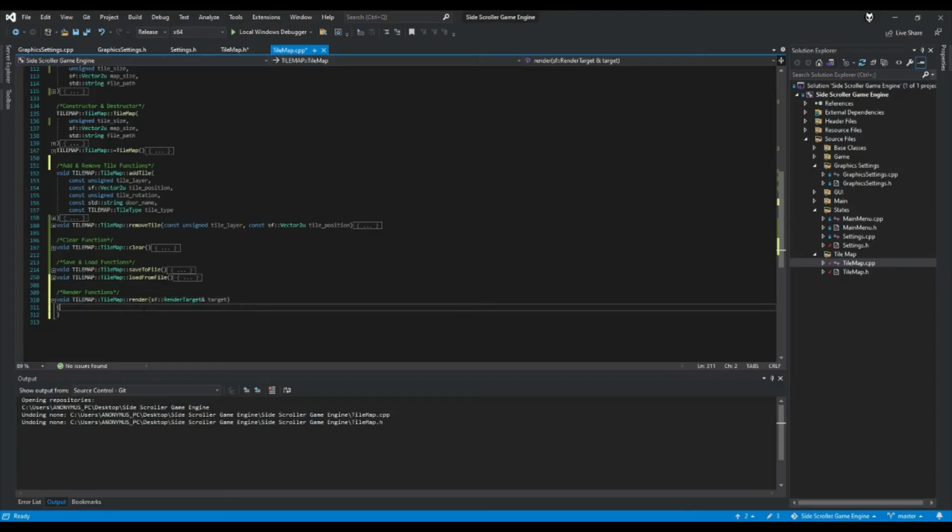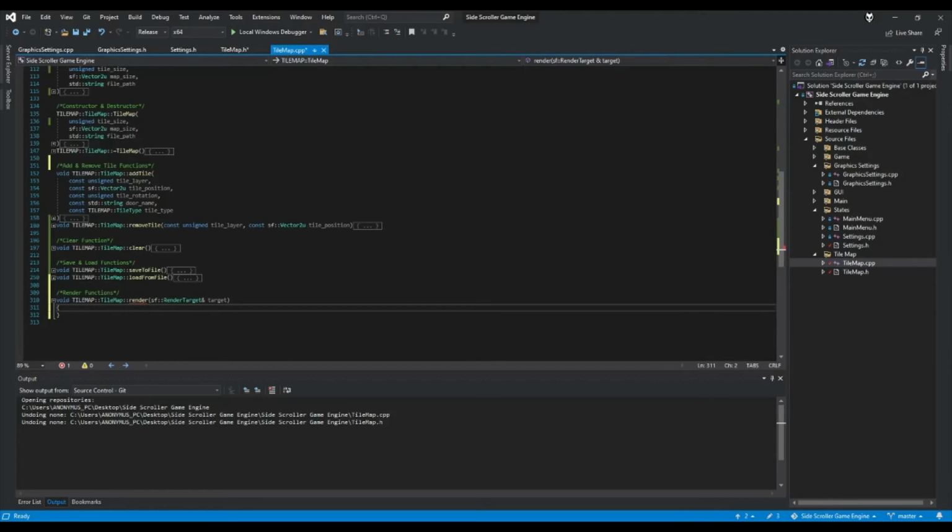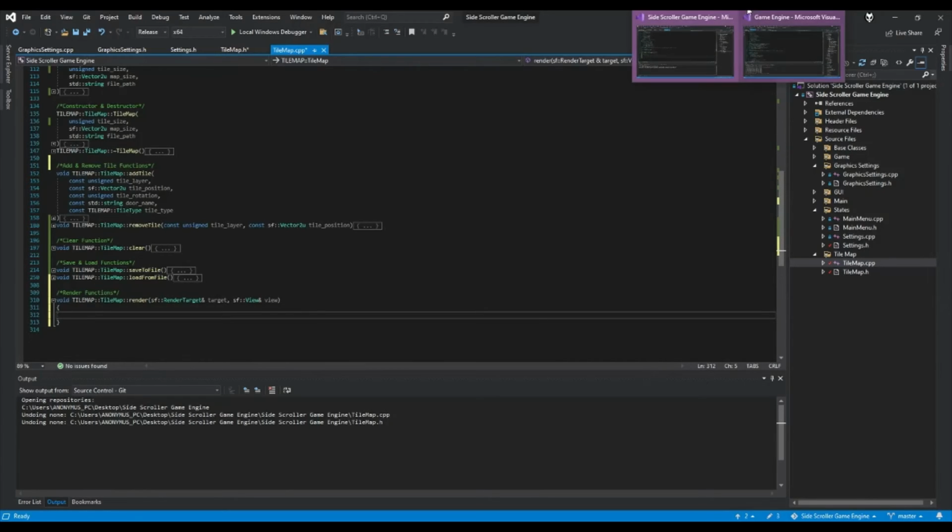Right, so in this render function here, in addition to the target, we'll need an SF view. I think we just need a reference. Just like that. Okay. And the reason why we need that view is because